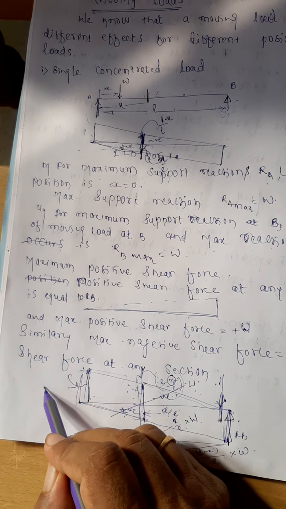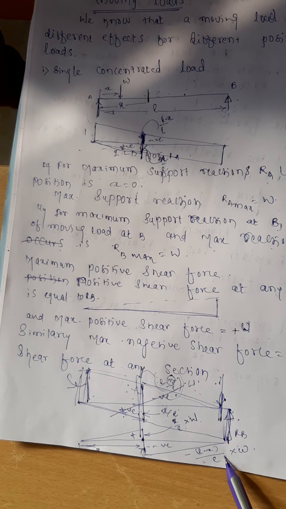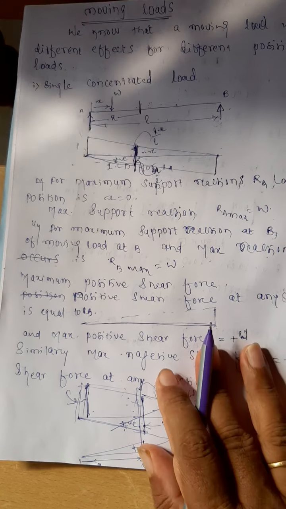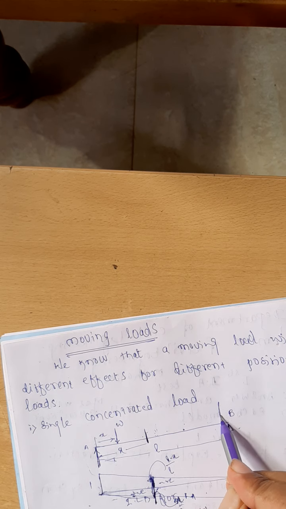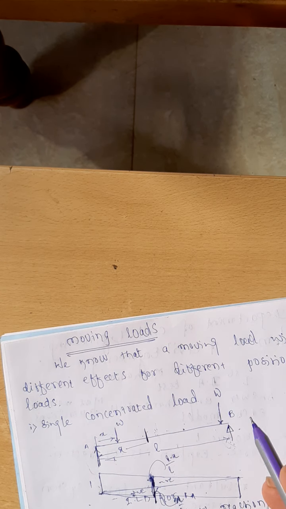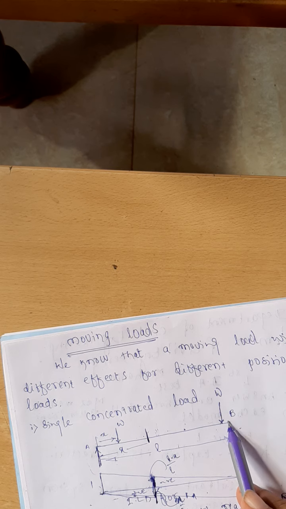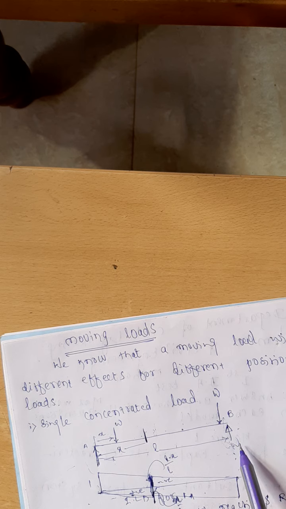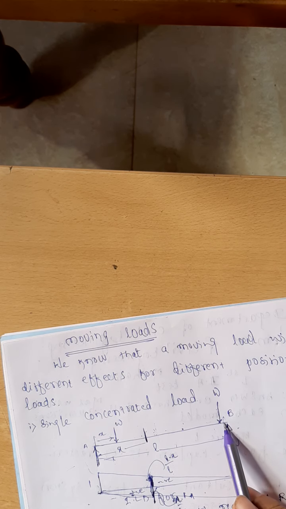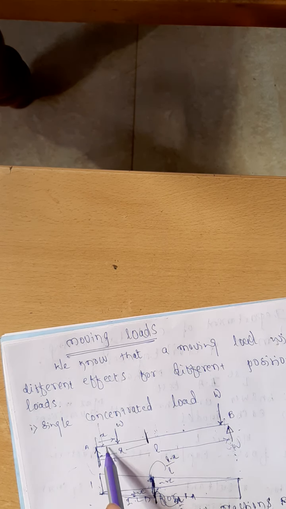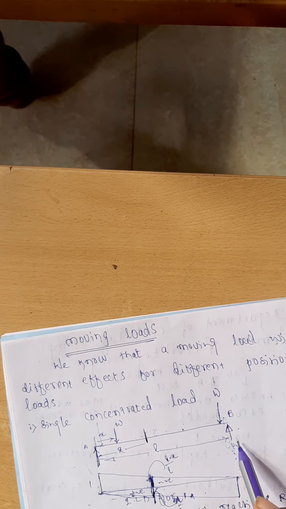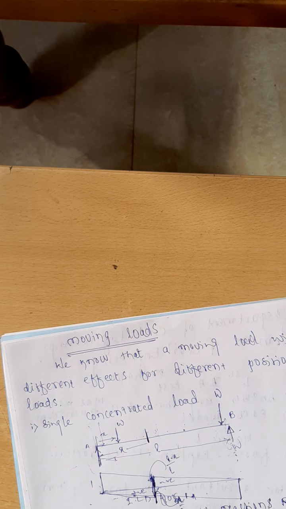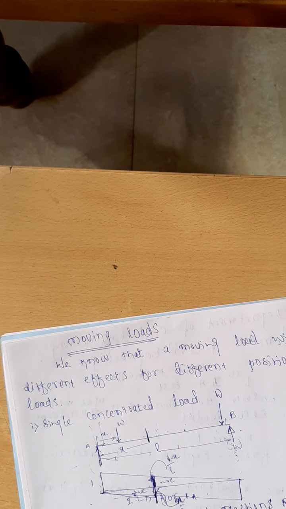Anyhow, the maximum shear force in this case is W, and in this case also it is equal to W. Indirectly, the meaning is, if you put the load here, shear force will be equal to W here, and at any other point it is equal to 0. Therefore, maximum shear force occurs here. If you put the load here, this reaction becomes W and this will become 0. Shear force here becomes 0 and will be maximum near the left support, right support. That you need to understand.